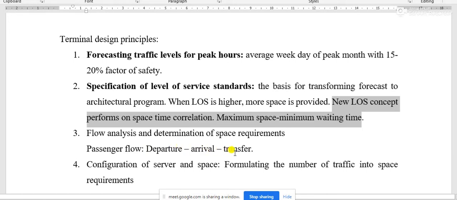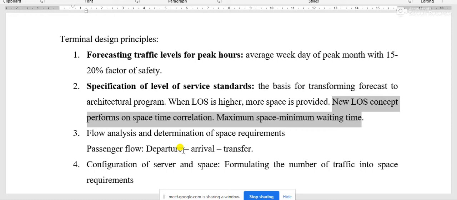Some users are arriving at the airport, using the terminal building, then boarding the aircraft and transferring to another place, or some people are departing, coming to the airport from some other place, and then departing from the airport through the terminal building.